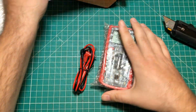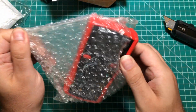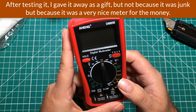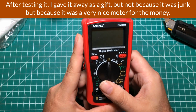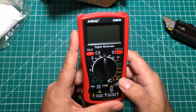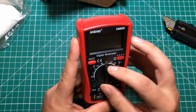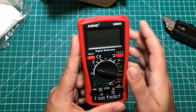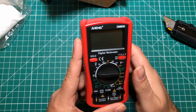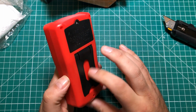Whoa, it's an Aneng. Look at this. This is an Aneng DM850. Now, I have a soft spot for Aneng because back in the day, meters were expensive, and eventually they released the Aneng 8008 meter, and it was a cheap meter that ran something like 15 or 20 bucks. And it was sort of what in my mind kicked off the cheap accessible multimeter wars